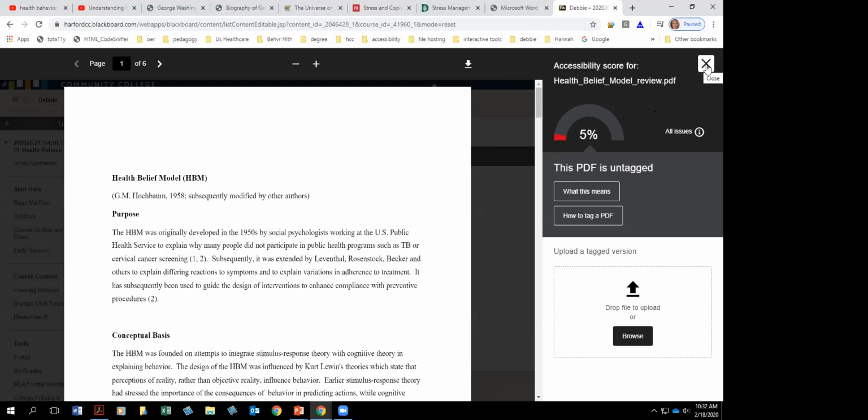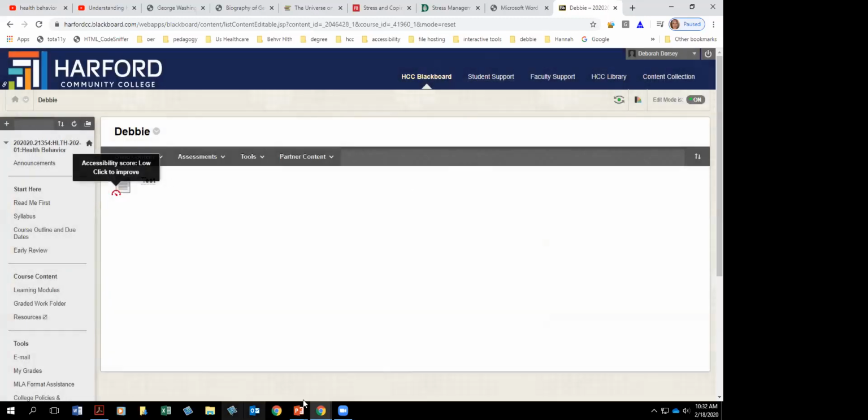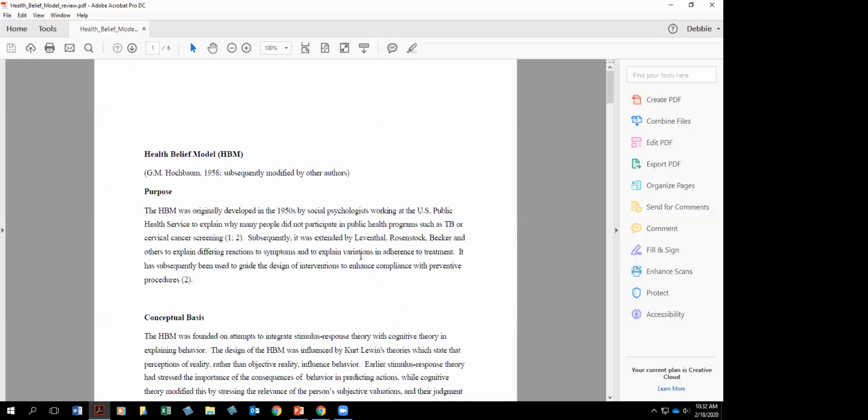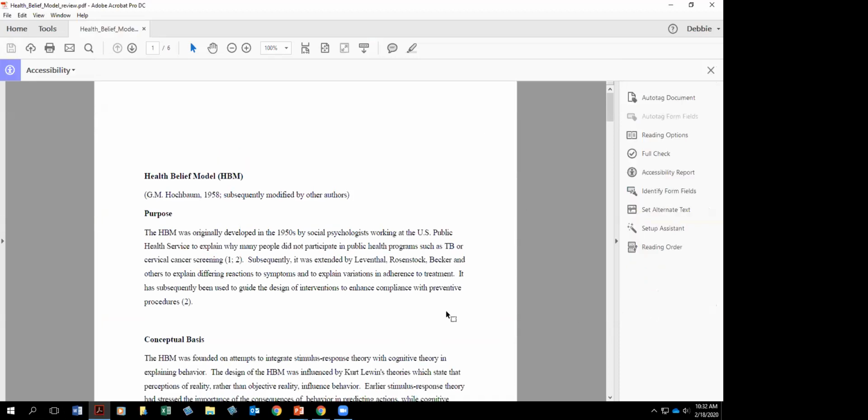And I've downloaded this particular PDF as well. I brought it into Adobe. Again, if you wanted to make this PDF accessible, you can do that in Adobe, but you really do need to know what you're doing. But I show it to you just for the sake of understanding how it can be a good accessibility checker. So I have the accessibility tool here, and if I go into full check,